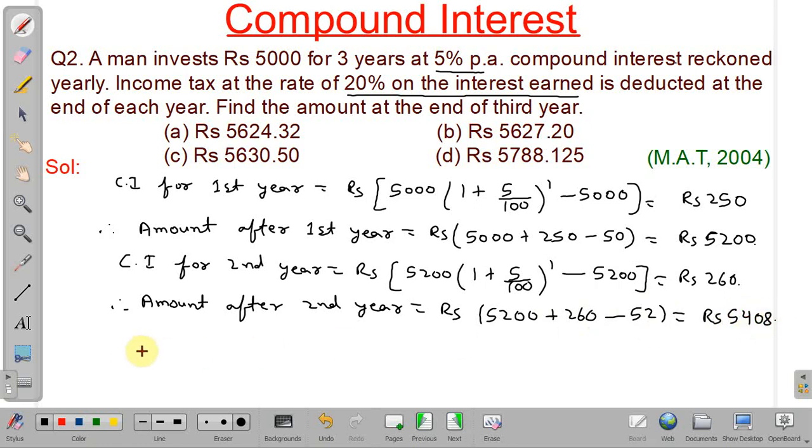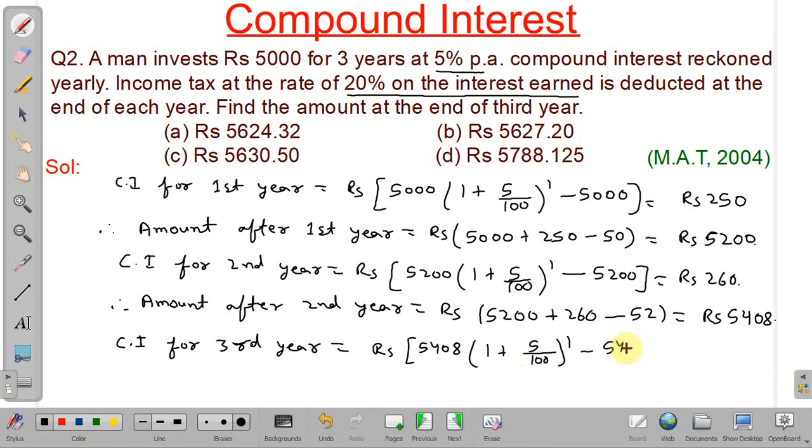Now we have to calculate compound interest for third year. So principal will be rupees 5408 into 1 plus rate of interest 5 by 100 to the power 1 minus 5408. So this will give rupees 270.40. Therefore, amount after third year,